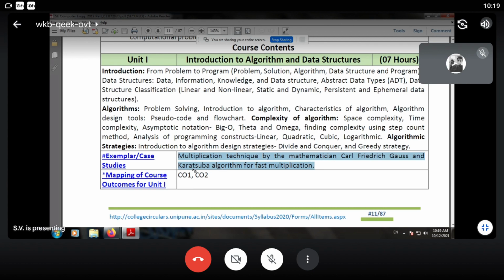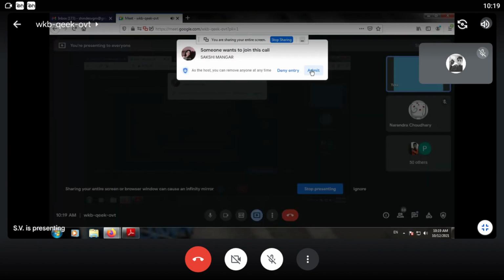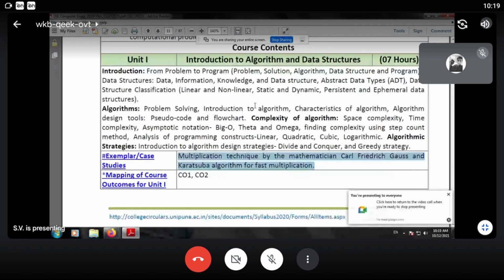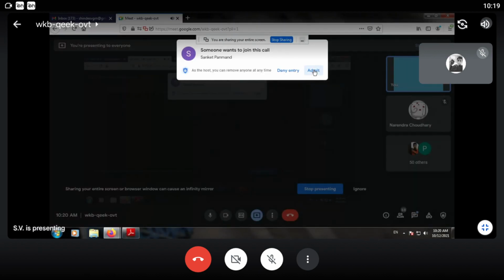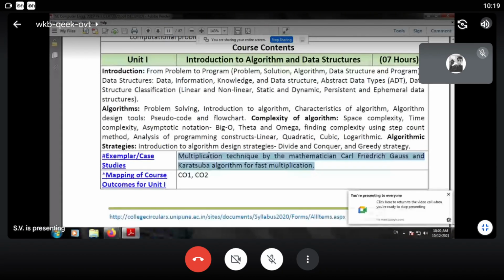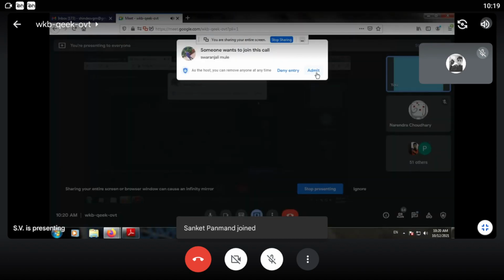That is the most important thing in an outcome based education system. When we say a quality education system, there should be an outcome from the student. So what will be the outcome? You will be able to understand the algorithm for fast multiplication, and using data structures, you are capable of implementing a particular case study. So we have to solve this first case study using the given problem statement.